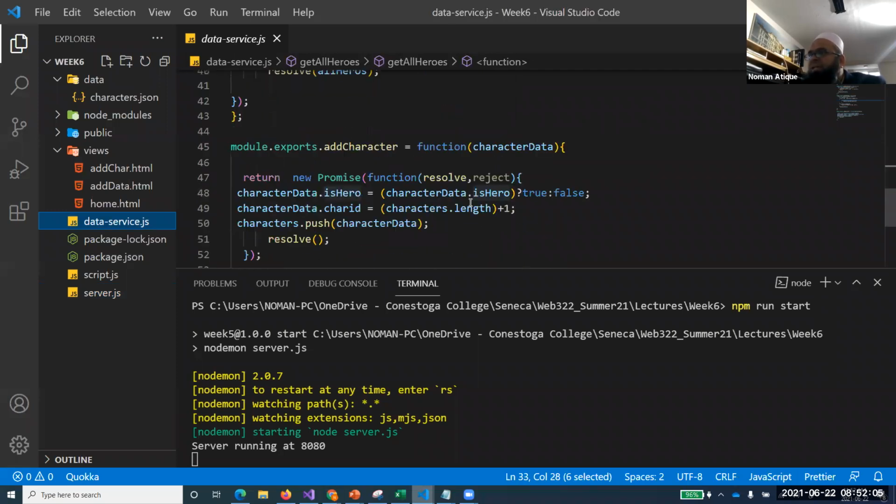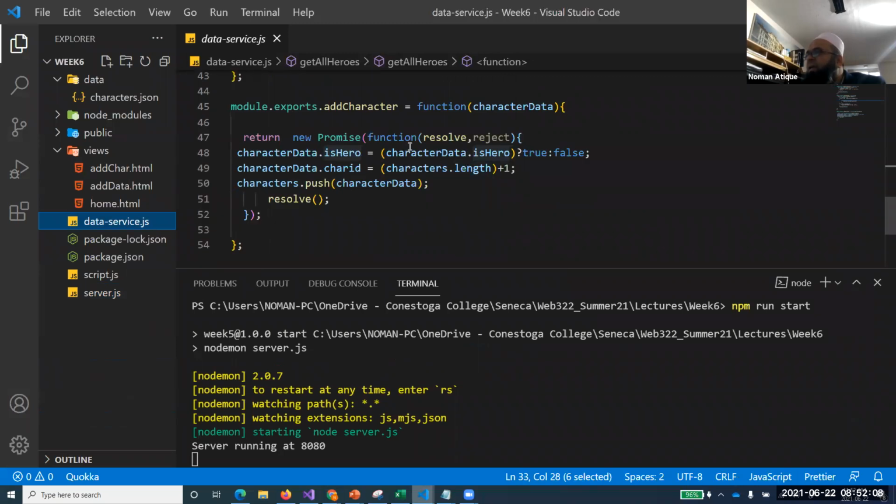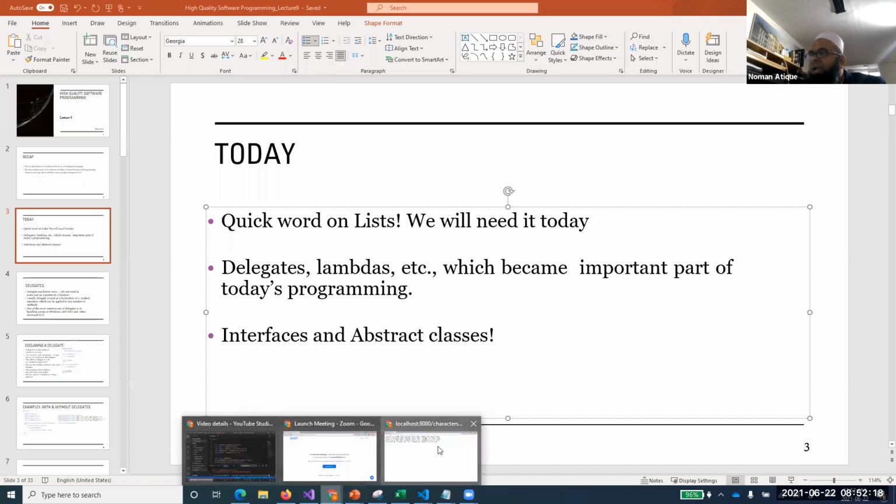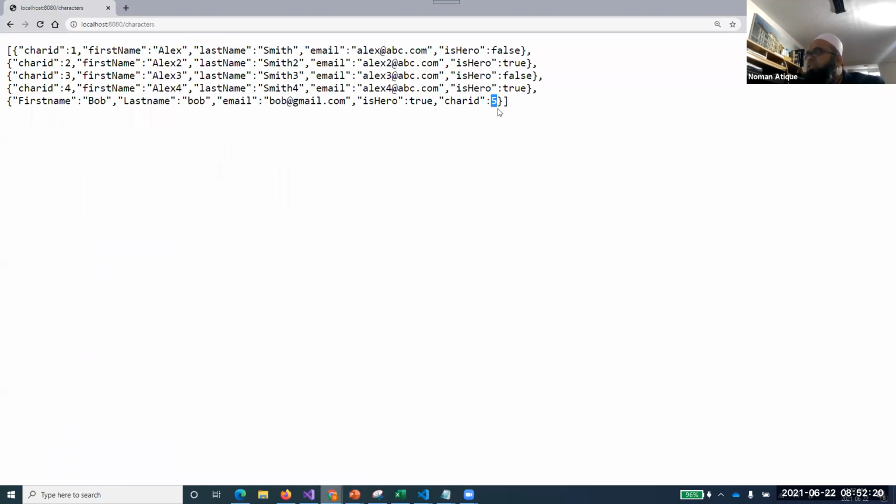What I've done is that when you are adding a character, I've given this logic over here that whenever you have this character ID, you just add previous length plus 1. So it is adding one to the length, and after that it's generating that new Bob character, right? So this is now just showing us the characters.